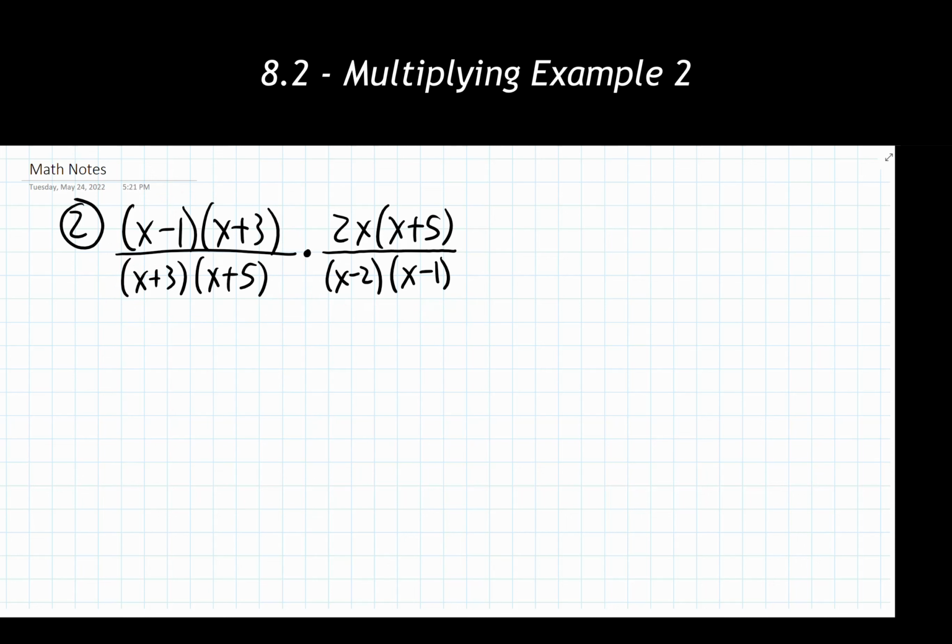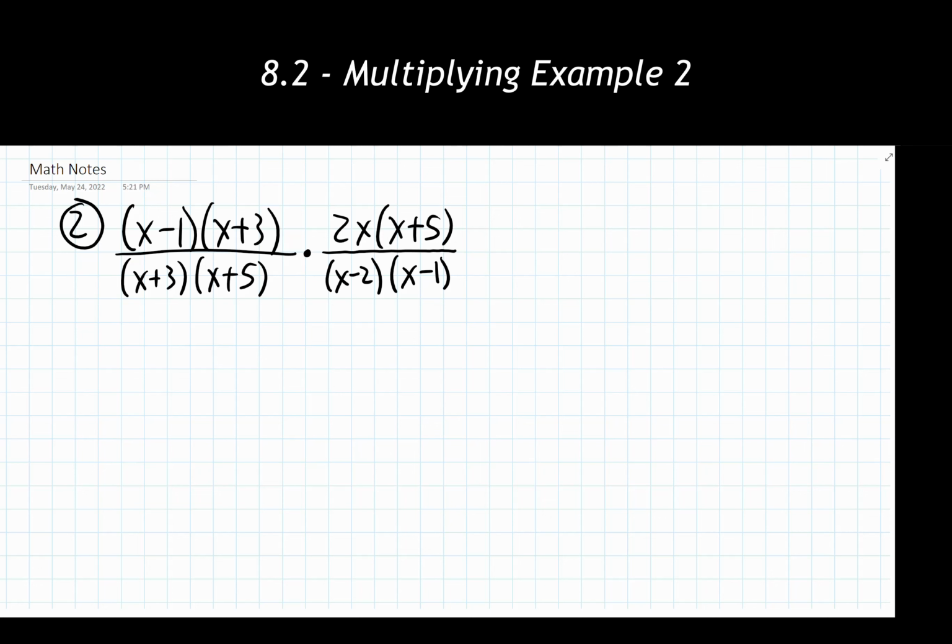I want to emphasize we can only do cross cancellation if we have a fraction multiplying with another fraction. This cross cancellation cannot be done with addition, it cannot be done with subtraction, and it cannot be done with division. It is a property that is unique only to two rational expressions multiplying together. If anything other than that is taking place, then you cannot use this cancellation technique.